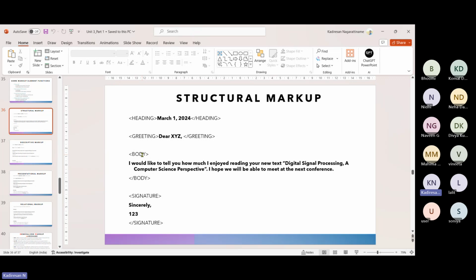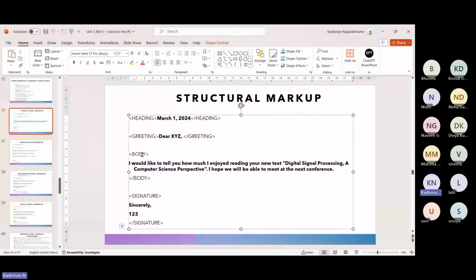So here you can find the structure of a markup language where I have given a heading, a greeting message, the body of the HTML, and the signature. Each tag should open with an angle bracket and the name of the tag, and it should end with a slash, angle bracket, and the name of the tag. This is how the structure of an HTML format looks. Okay, so basically in this cascading style sheet also,